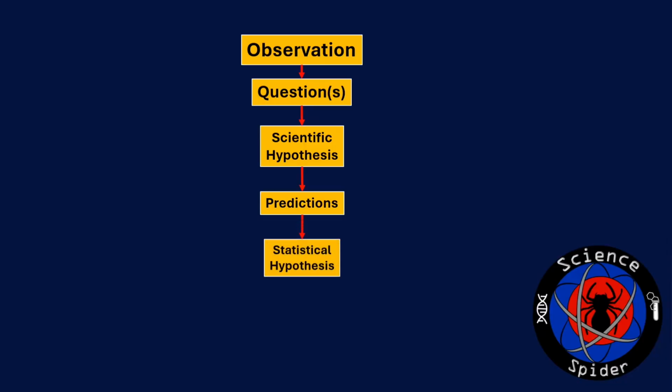Your prediction works like this. If X happens, then I would expect Y to happen because of Z. And that because of Z is your hypothesis. The if-then is just your prediction. And that then leads to your statistical hypotheses and your statistical analyses, which are too complicated to get into now,